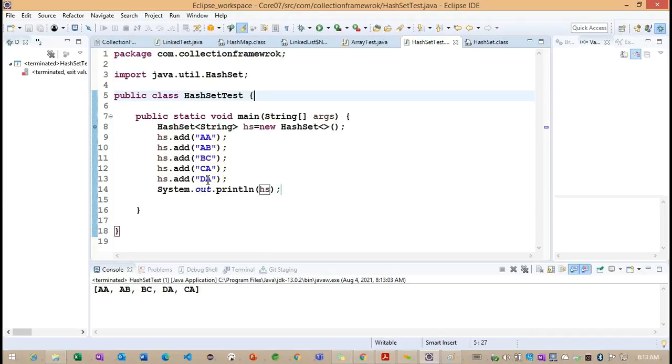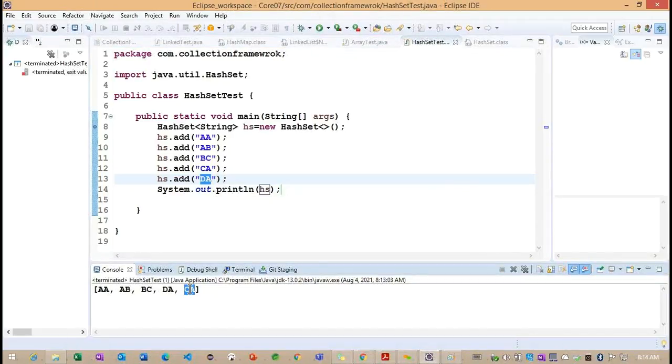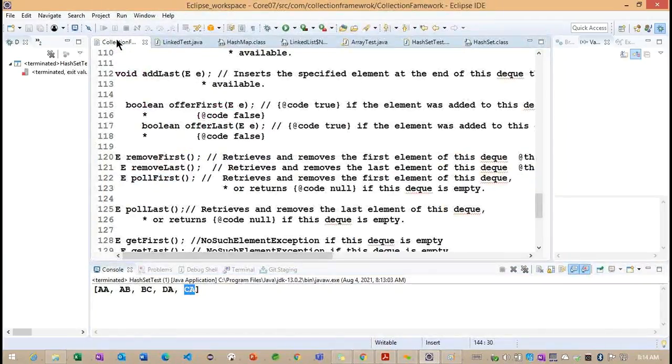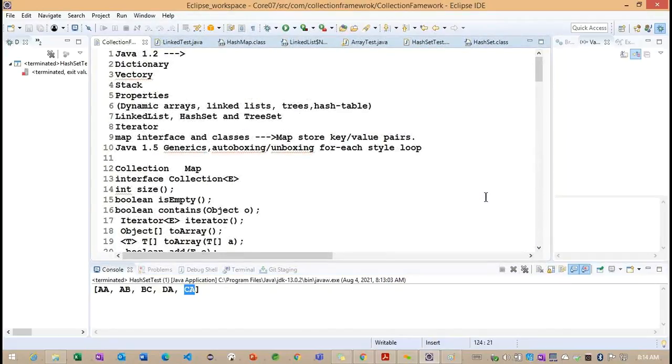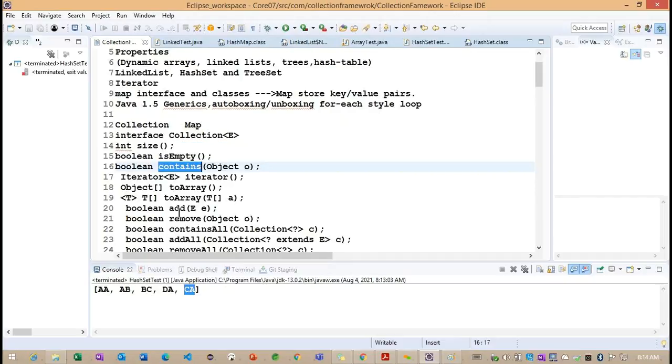And even though we created this particular node last, the location of this node came as the fourth one, and CA is entered into the fifth node. Getting the point. So these are for the hash set here. The remaining methods we already identified, how the methods are called and implemented here, like size, isEmpty, and the contains method. Getting the point.